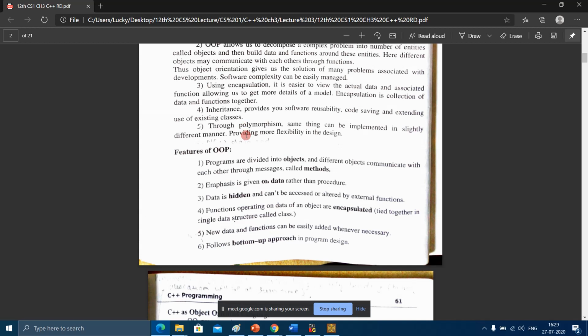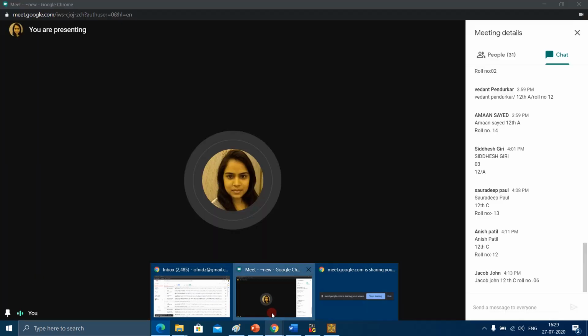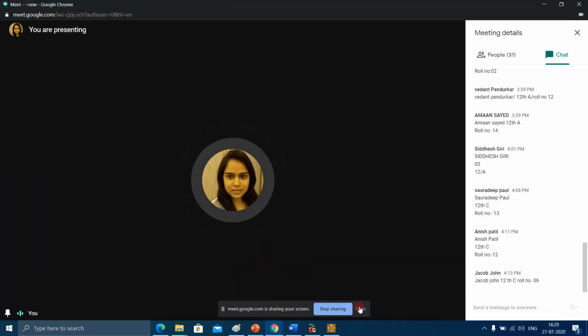I had told you that R. D. Supekar you have to refer for understanding purpose. But if you want to prepare for the exam, you should go through TPS, because in the chapters they have given the chapter in question answer form. So for 3 marks at least, if there's a question for you, write the features of OOP. So you are supposed to write 6 points.